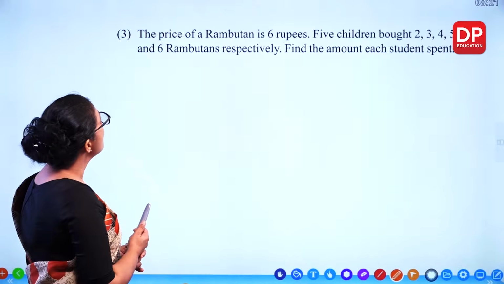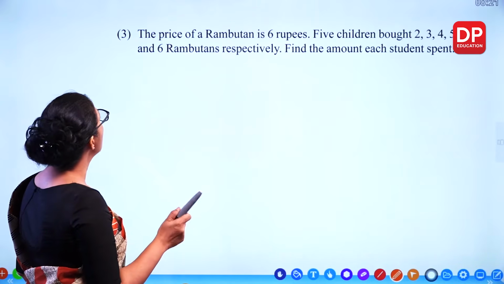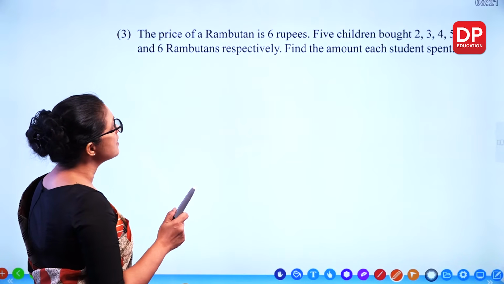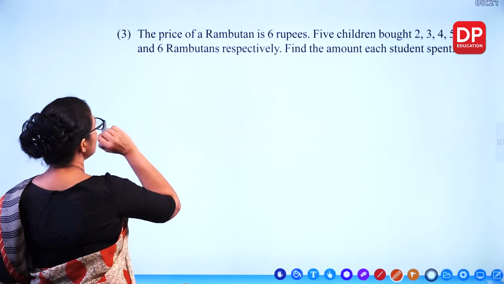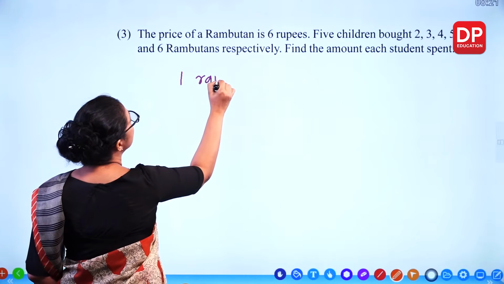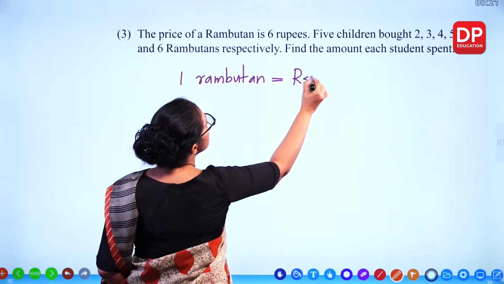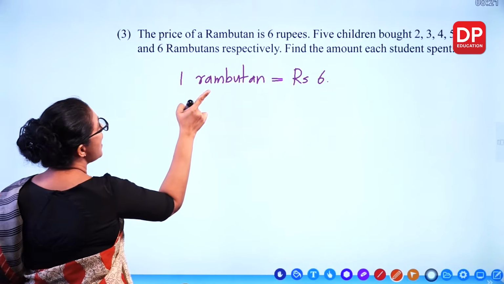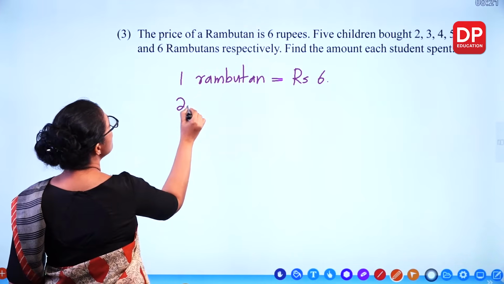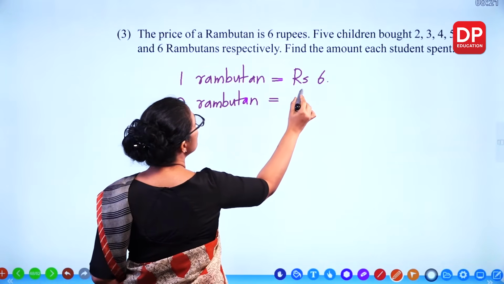Question number 3. The price of a rambutan is 6 rupees. 5 children bought 2, 3, 4, 5 and 6 rambutans respectively. Find the amount each student spent. 1 rambutan is 6 rupees. And 5 children bought 2, 3, 4, 5 like that. So 2 rambutans, multiplied by 2,